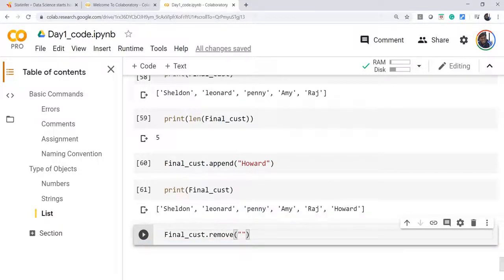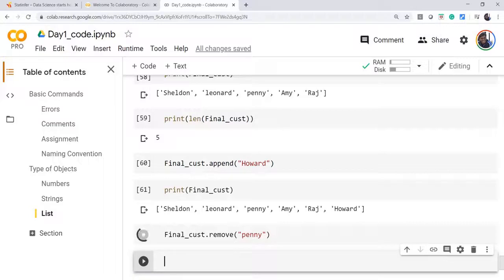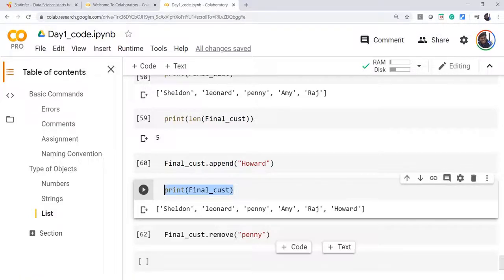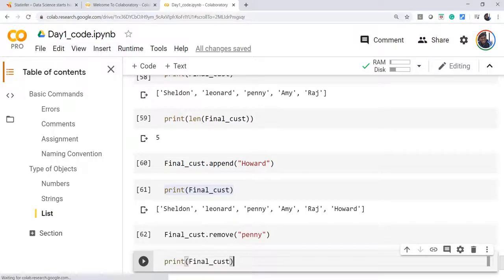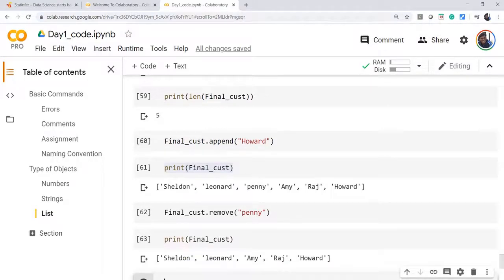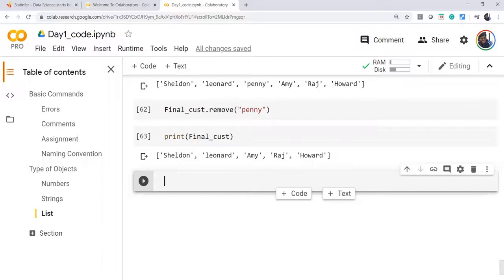But later on when you are solving a bigger problem, adding a new element to a list or removing a particular element from the list will help you solve a slightly different problem or a bigger problem. Watch the video carefully, follow the commands. They are not at all difficult. Pause the video and practice them before going ahead with the next video.